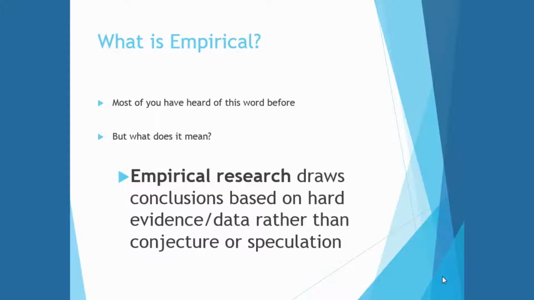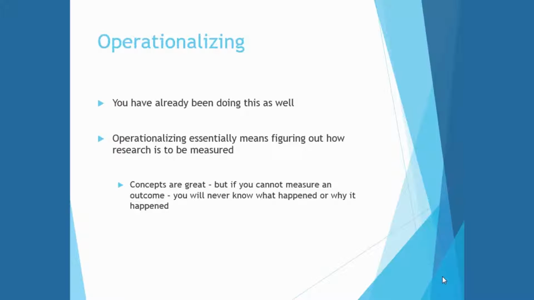So one of the first key words that we want to make sure that you understand and remember is empirical. Okay, you've probably heard this before. People talk about it on TV, they talk about it in casual conversation, but empirical research is basically something that draws conclusions based on hard evidence or data rather than conjecture or speculation. Empirical evidence is actually going out, collecting data, and coming up with some kind of answer. It's not going back in time. It's not using a lit review to come up with a theory based on research that other people have done. Empirical evidence is active research that's gone on, active results. Telling the difference between the two is not very difficult.